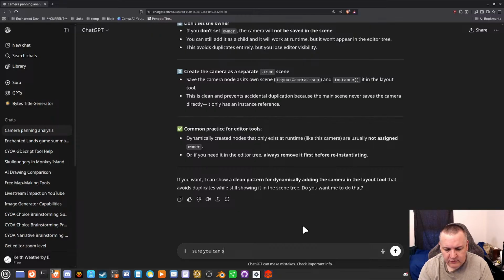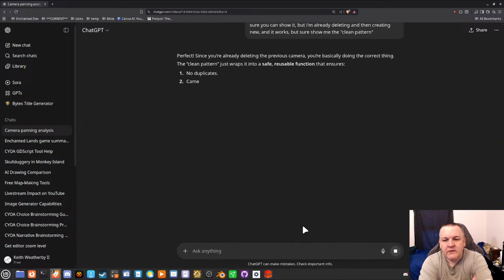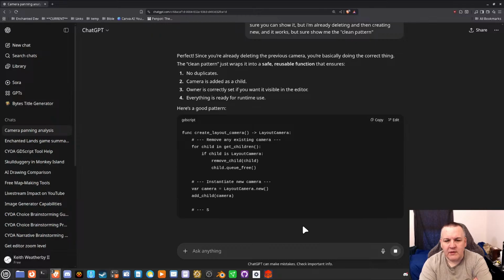Sure, you can show it, but I'm already deleting and then creating new, and it works. But sure, show me the clean pattern. You're basically doing the correct thing. The clean pattern just wraps it into a safe, reusable function that ensures no duplicates.